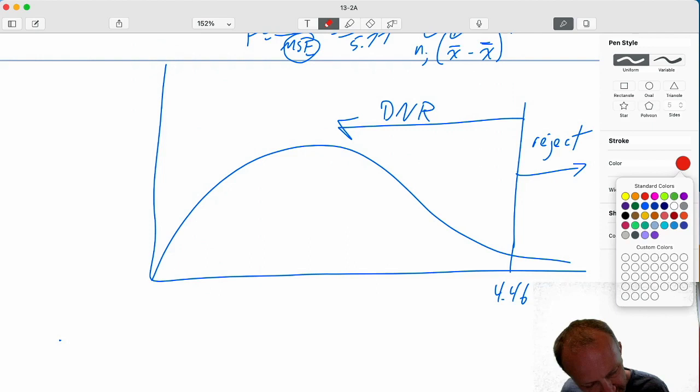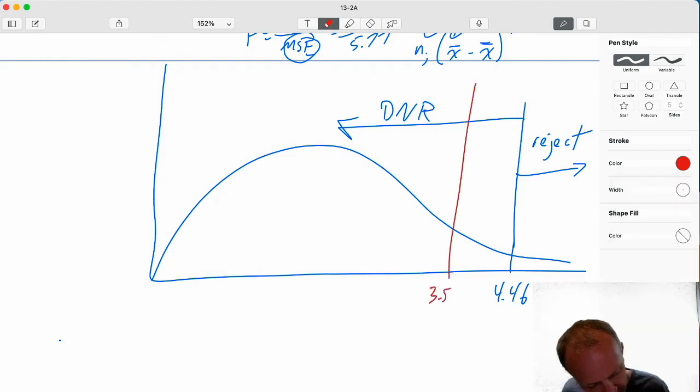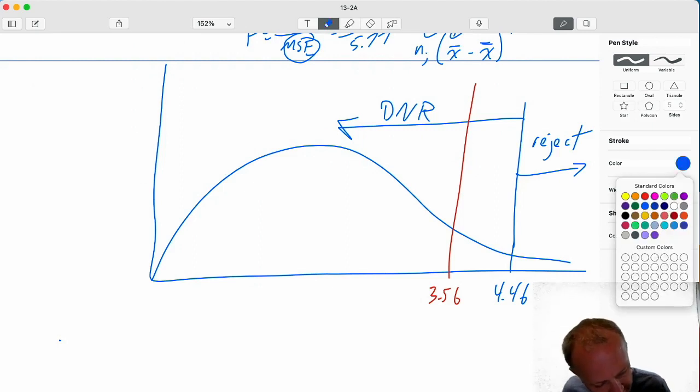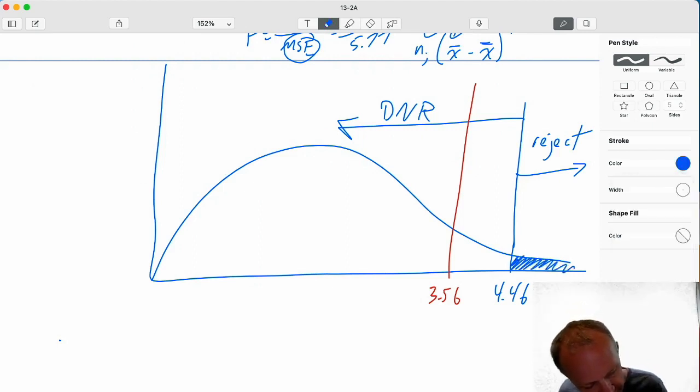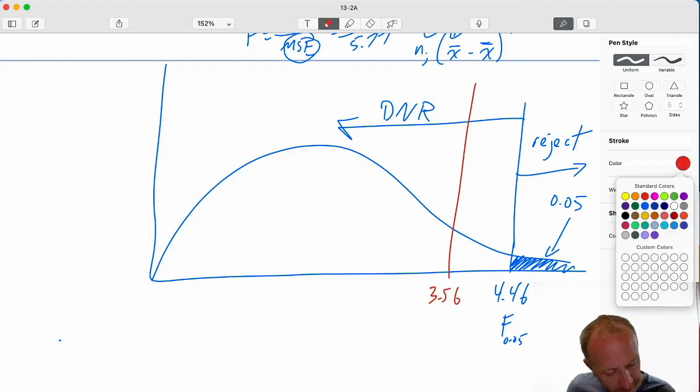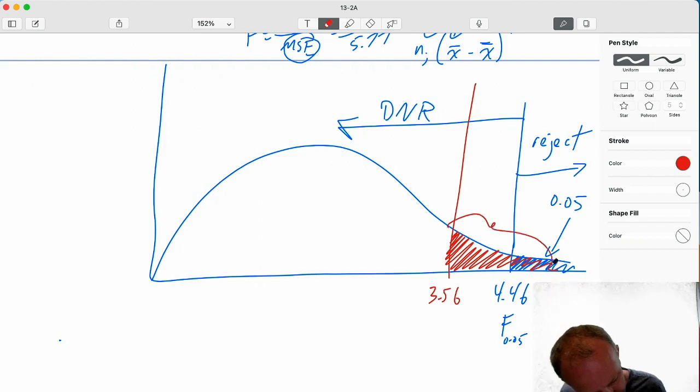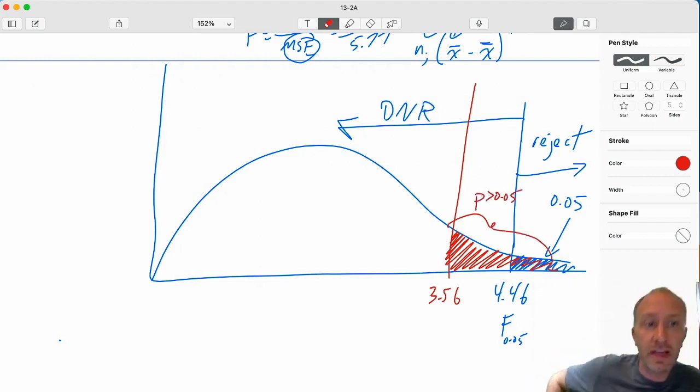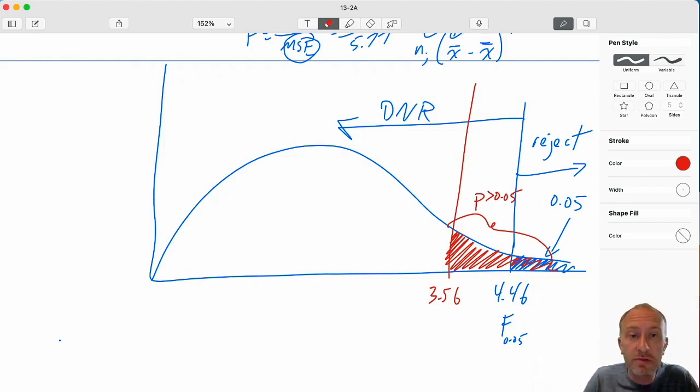We have a test statistic here, 3.56. This area here is 0.05, because that was the critical value at 0.05, which means this area here is something greater than 0.05. So using our p-value rejection rule, using our critical value rejection rule, everything points to a